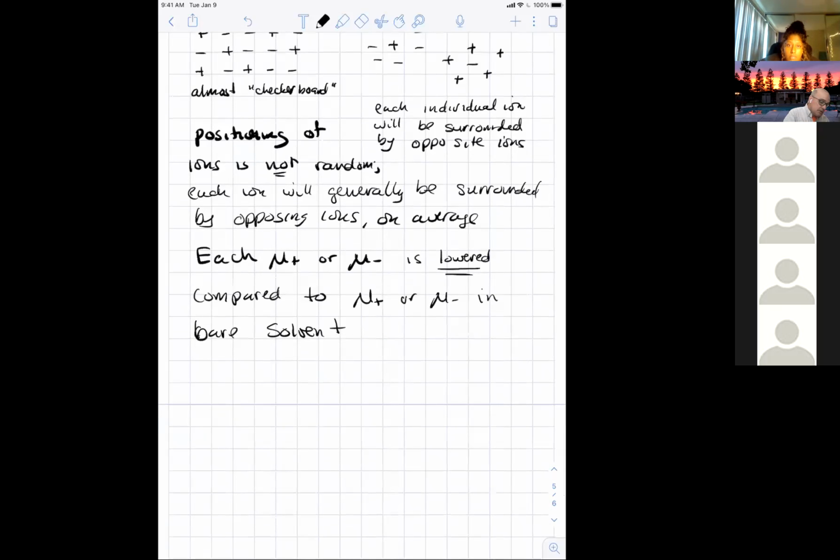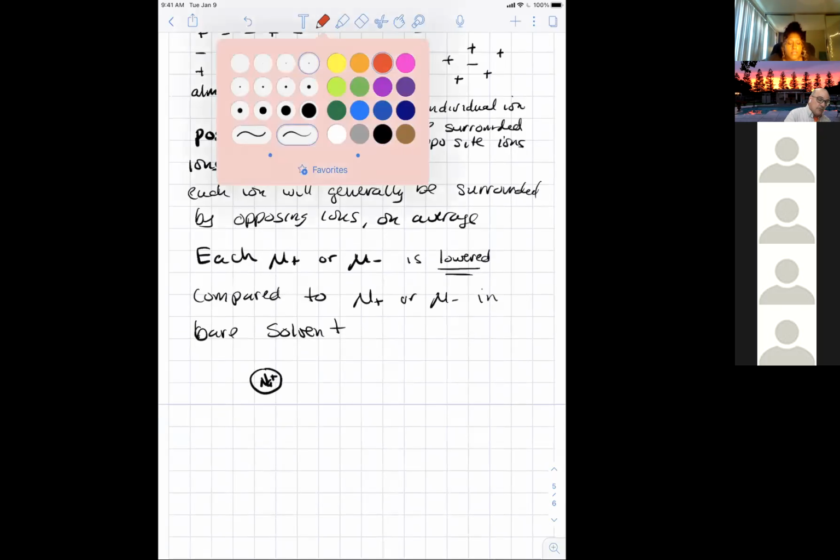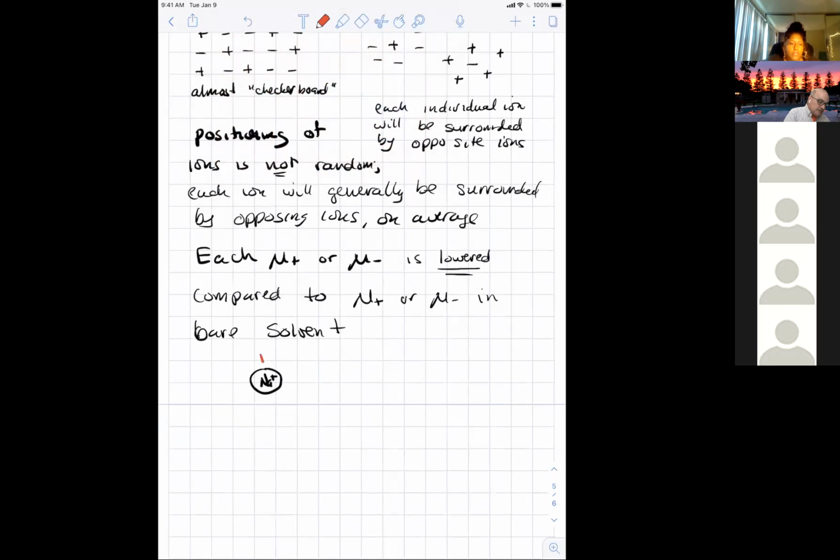In other words, I love drawing cartoon pictures, because I have to visualize them. If I have a sodium like this, and I have waters, let me write them as V's because that makes the arrangement pretty clear. We end up with something like this,